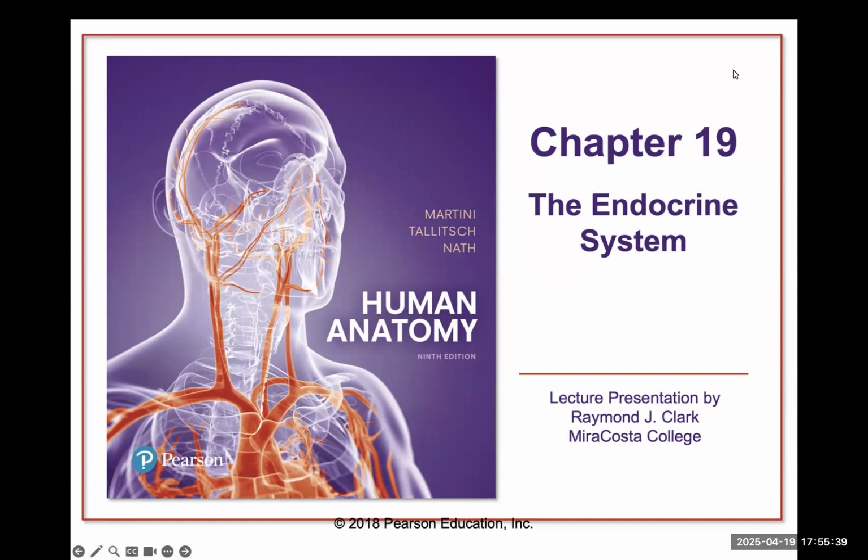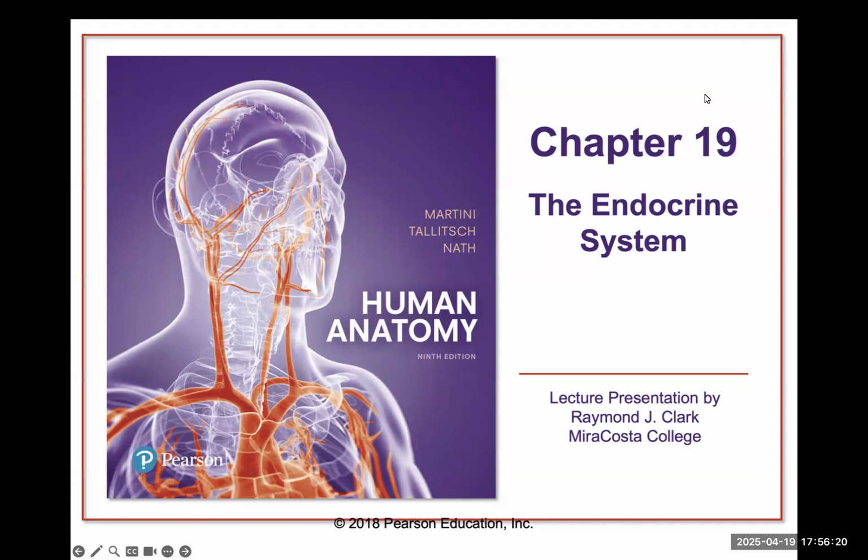So hormones. Anything dealing with hormones is going to fall in this category, the endocrine system. The endocrinologists might even treat things like diabetes, which has to do with hormones. But diabetes is one of those that's so common now, you don't have to go to an endocrinologist for that. It's being treated even by non-specialist people.